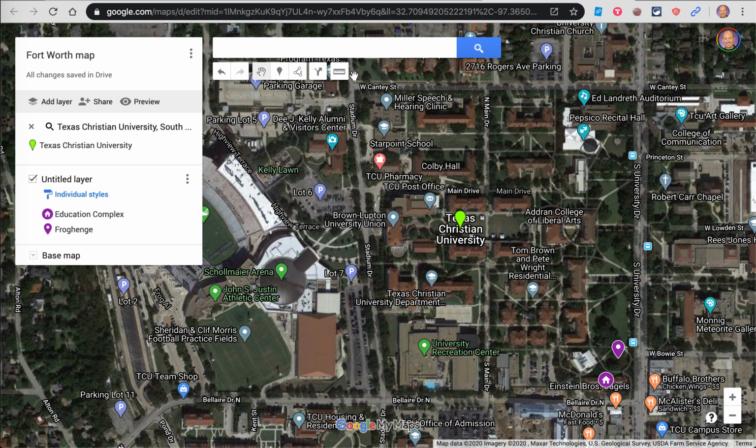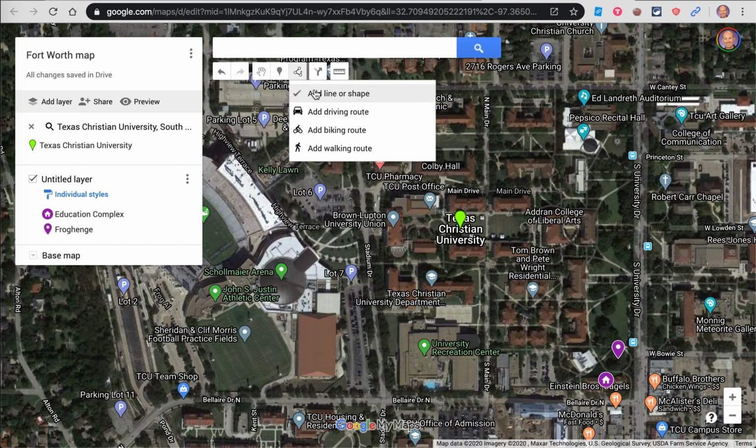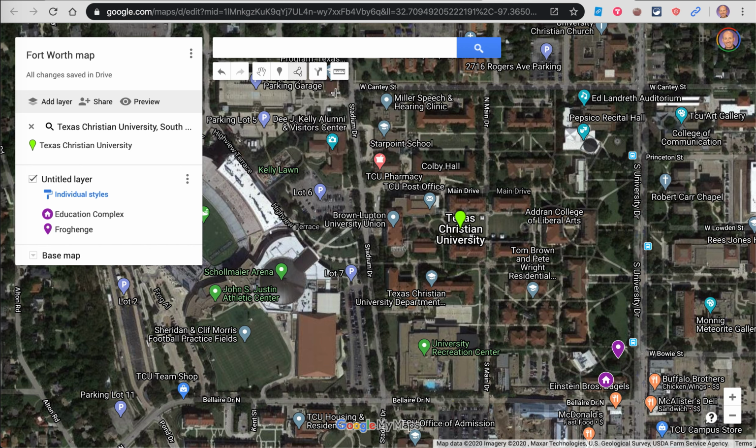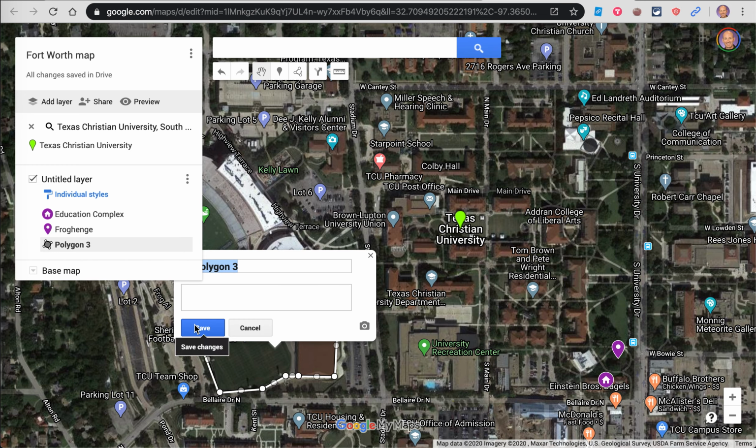The second thing you can do is if you want to shade in an entire area. So for instance, I can add a line or a shape. You can put in different types of routes if you want. I'll put in over here, this is the practice facility for the football team. See how every time I click, it puts a dot. And then once I go back to my original, I click on it, and I'll just say